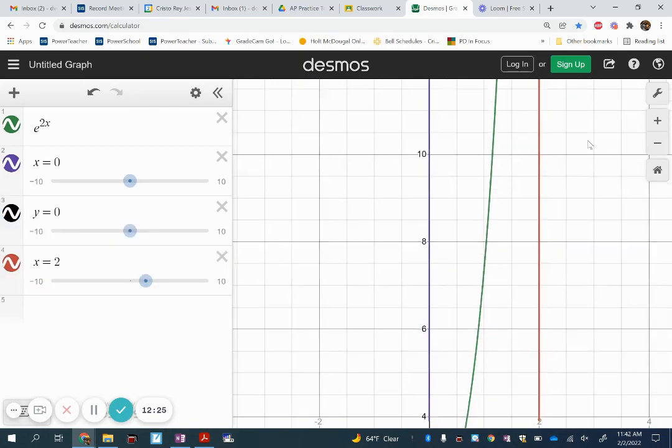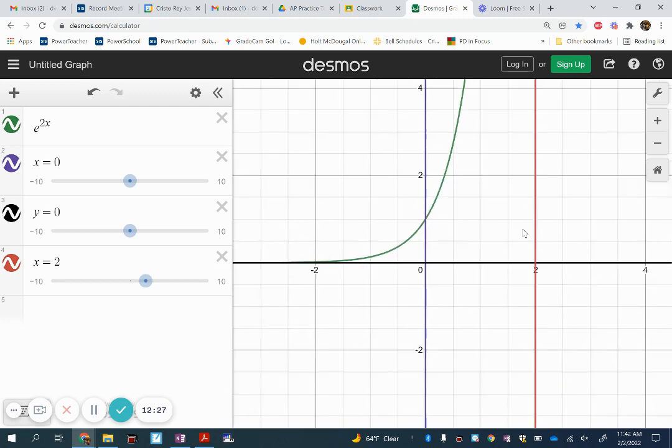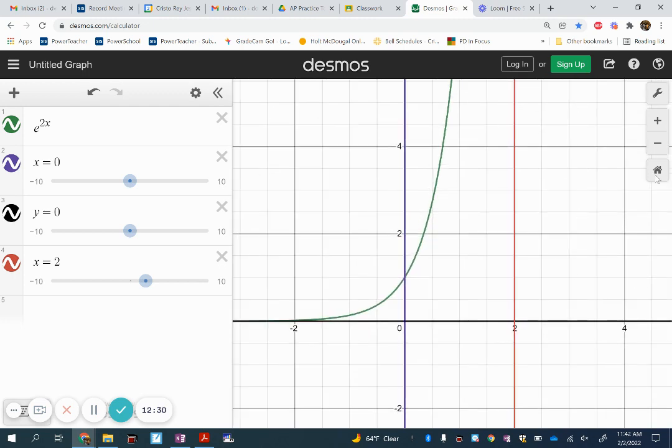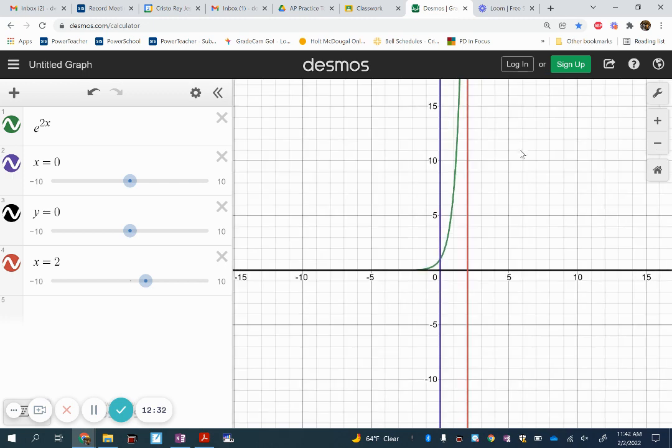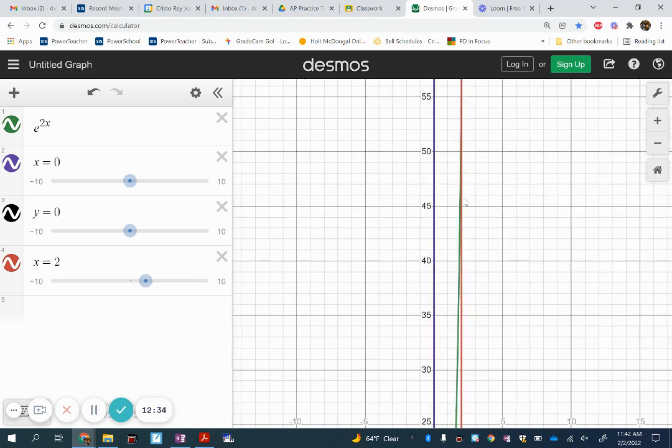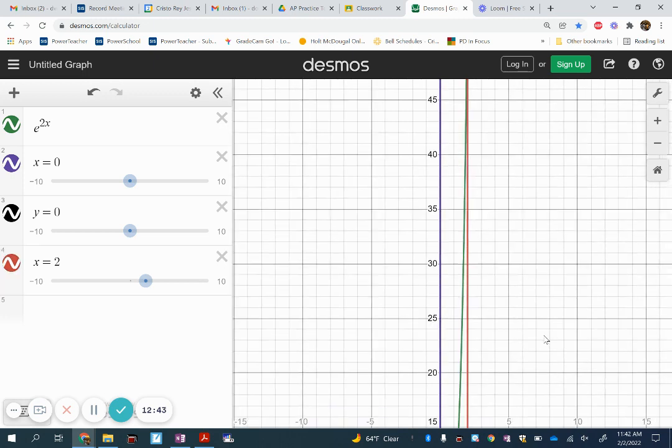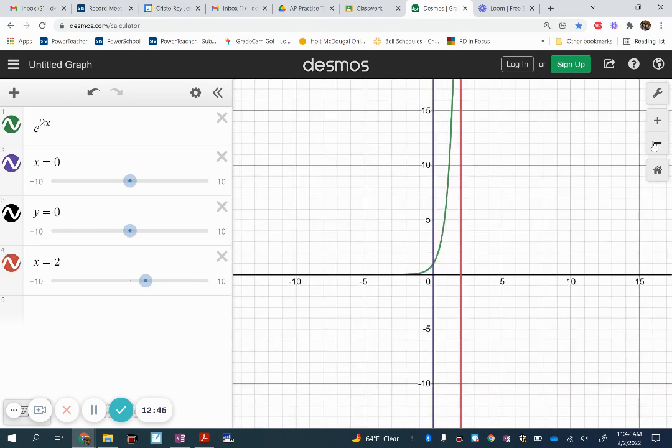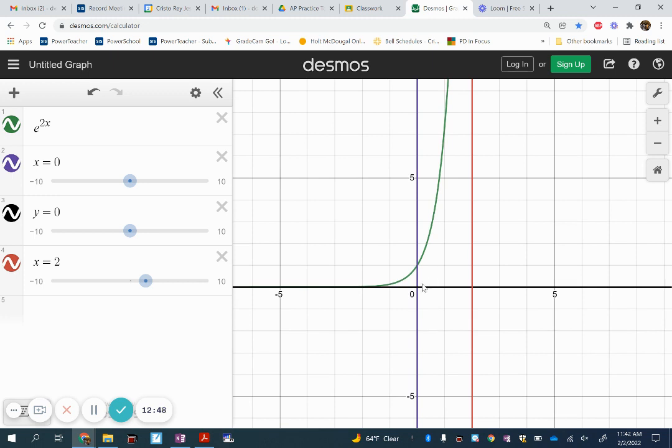Let's see what's happening here. If you look, see where they actually intersect, way up here. There it is, at 2, right? So the curve of e to the power of 2x intersects x equals 2, obviously at 2. So when I'm trying to find the area under the curve, it is from 0 to 2, right? So 0 to 2 of e to the power of 2x, okay? So the integral from 0 to 2